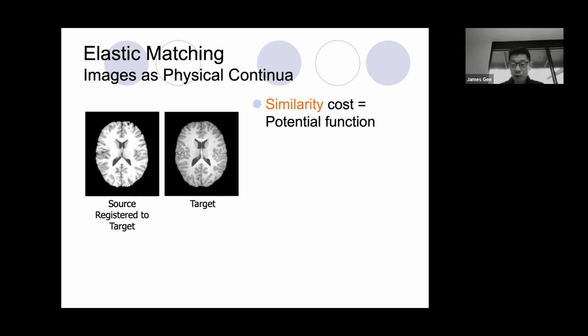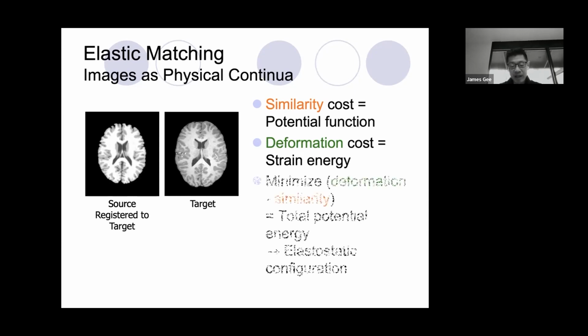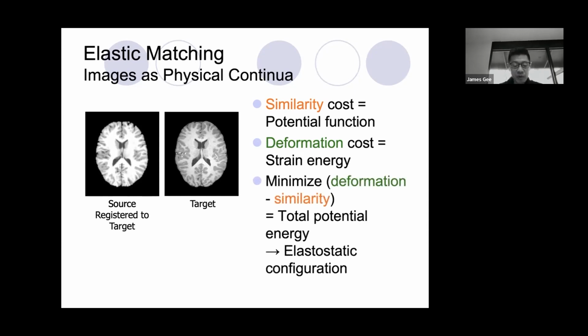The first object is deformed in this way until an equilibrium configuration is reached, or equivalently until the total potential energy of the system is at a local minimum. By choosing the elastic strain energy as the measure of deformation, the overall cost or objective function for the image registration problem becomes the total potential energy, and the elastostatic configurations, which locally minimize this cost, represent solutions to the